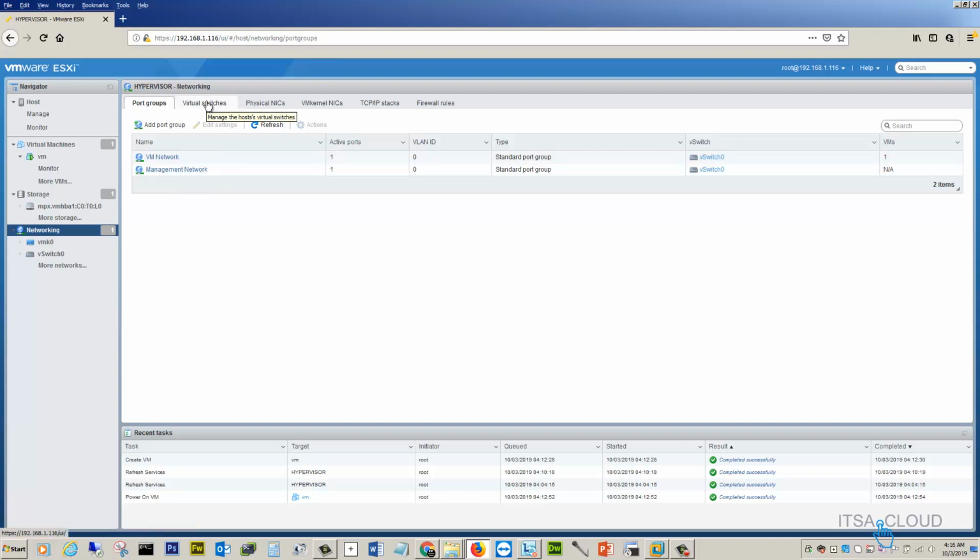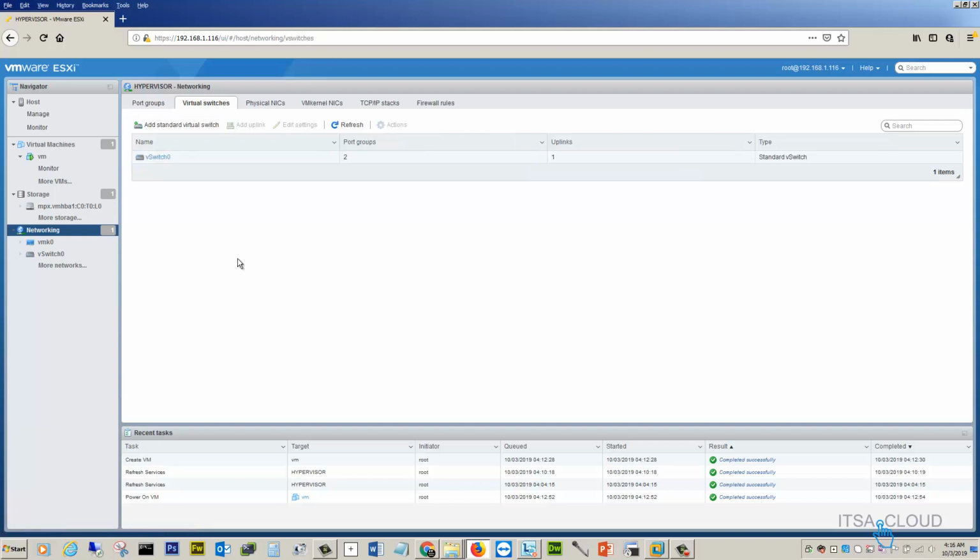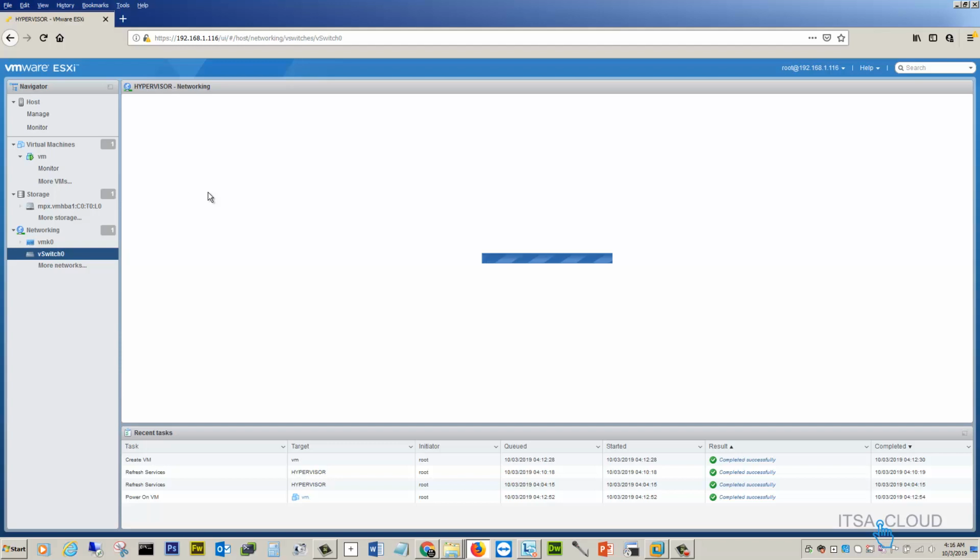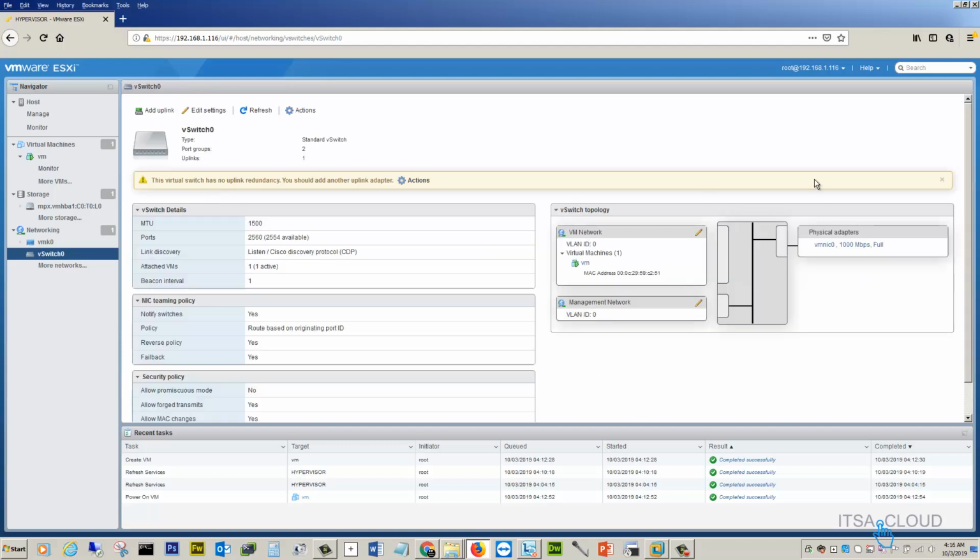So if we click on virtual switches, you can see that we have only one, which is the default one. We click on that, we can see a graphical view for the switch.